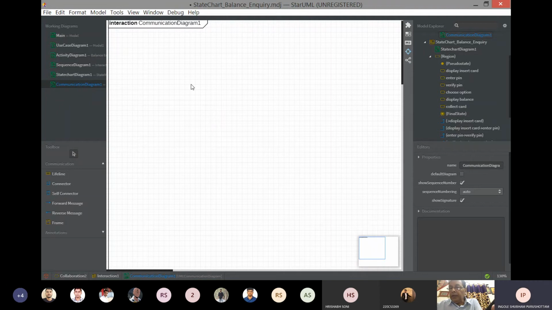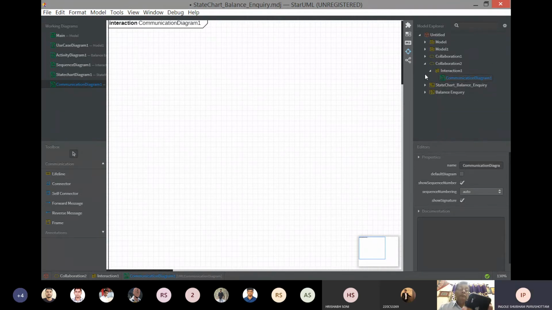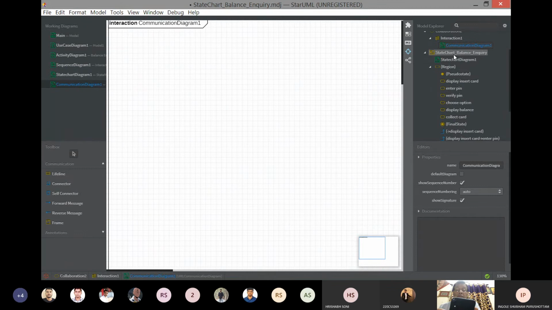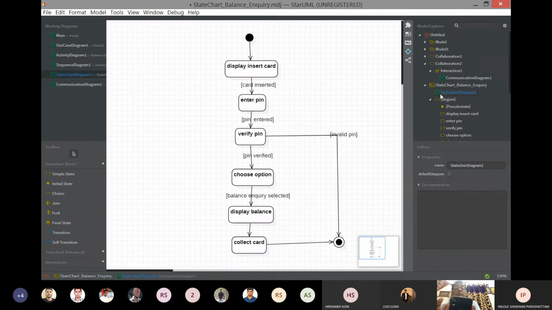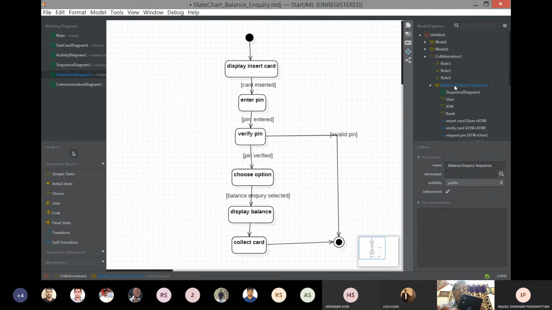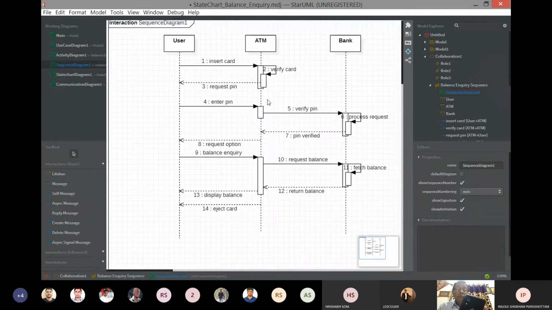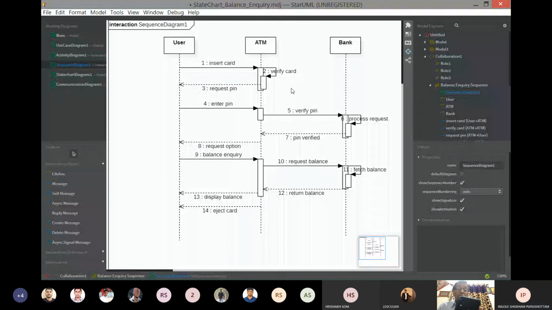This is the communication diagram. It is same as the sequence diagram. So in Rational Rose, you can directly get it from the sequence diagram. Let me check if the option is available here. State chart, the balance.